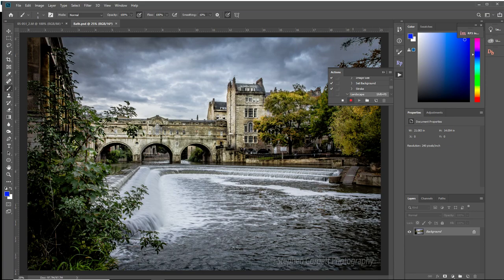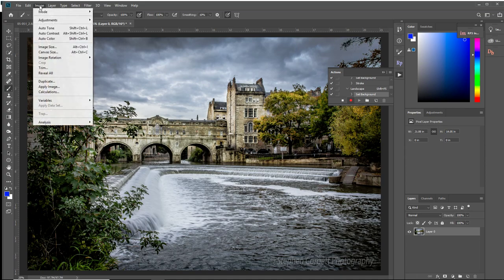As you can see, the red button comes on, showing we're recording. Everything we now do will be captured as part of the recording. Now then, I didn't uncheck this lock because it's a background layer, and it's important that you don't do that until you start the recording, so that it is captured as part of your recording. So we uncheck that. We go to Image, Image Size,